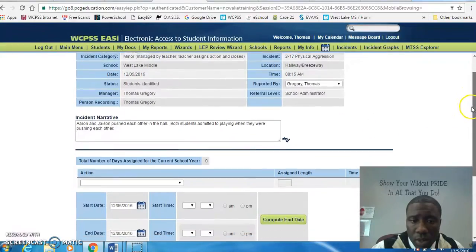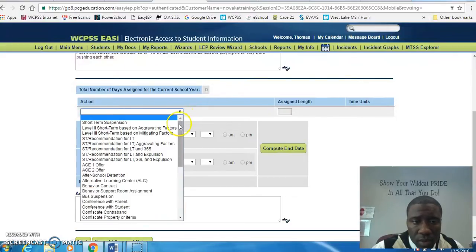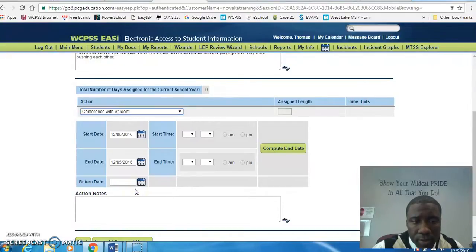You're going to scroll down. Also, because I'm an administrator, I'm going to have more choices in my action drop-down button. Now, one action that I do know you would have in your box would be conference with students. So let's select that. And we'll just say that we conferenced with the student the day of the incident,